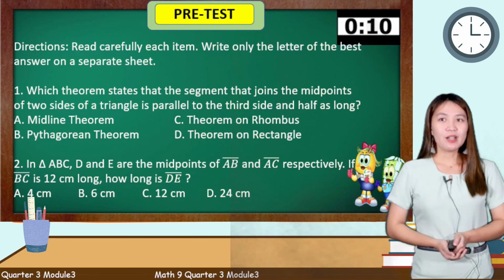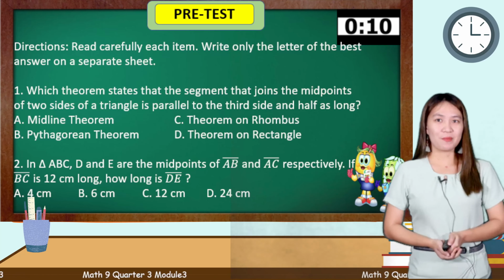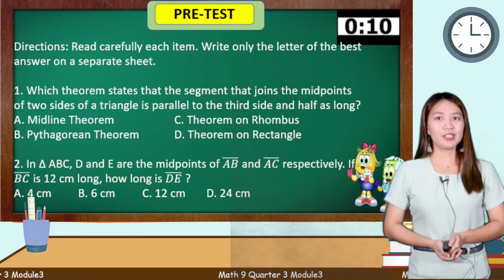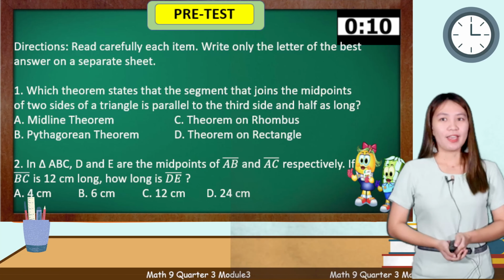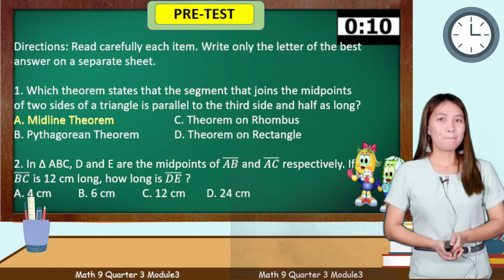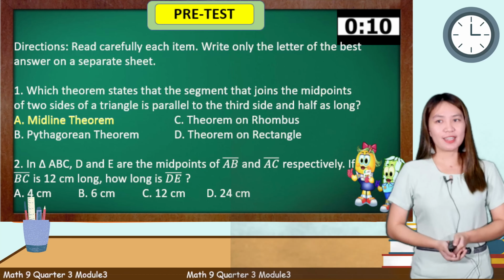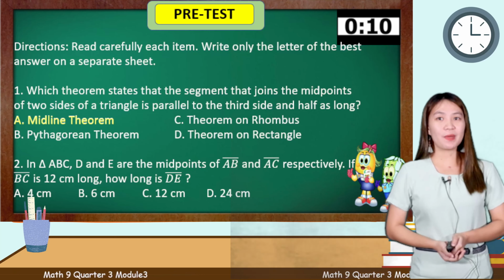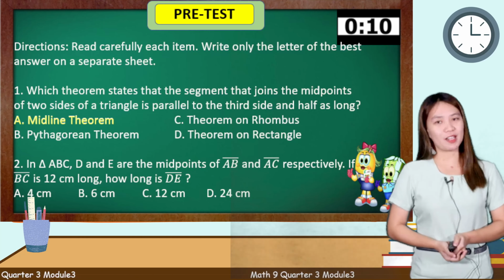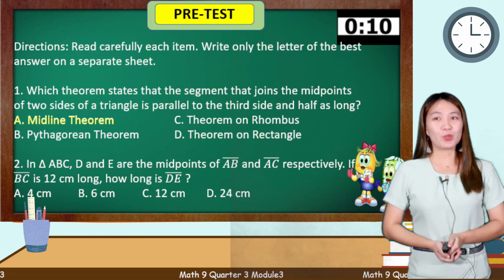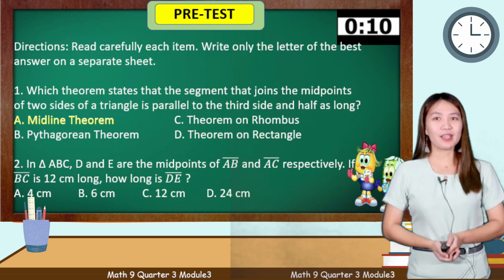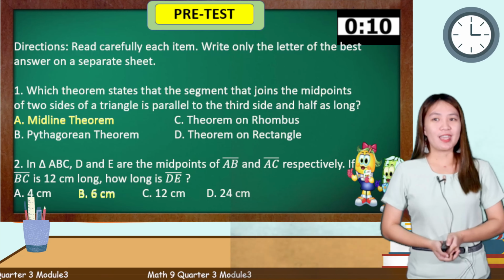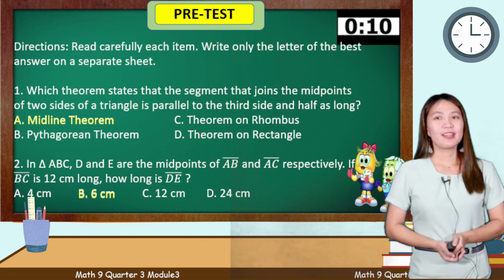For number 1, which theorem states that the segment that joins the midpoints of 2 sides of a triangle is parallel to the third side and half as long? The answer there is A, Midline Theorem. Second, in triangle ABC, D and E are the midpoints of segment AB and segment AC respectively. If segment BC is 12 centimeters long, how long is segment DE? The correct answer there is letter B, 6 centimeters. Next,